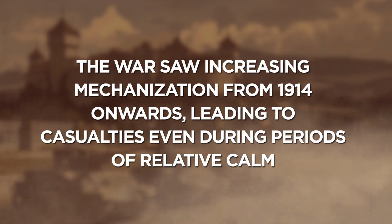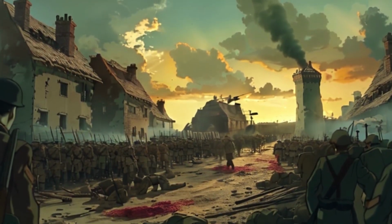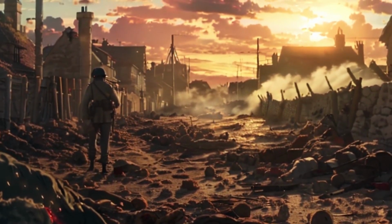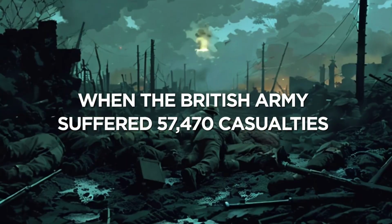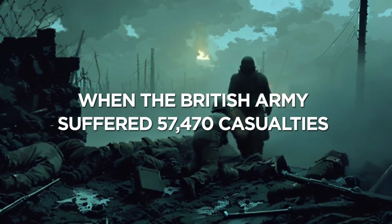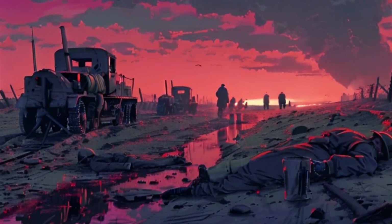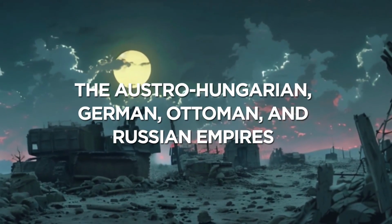The war saw increasing mechanization from 1914 onwards, leading to casualties even during periods of relative calm. On the Western Front, hundreds of Allied and German soldiers could perish on a quiet day. The deadliest single day of the war, July 1, 1916, during the Battle of the Somme, when the British Army suffered 57,470 casualties. Ultimately, World War I led to the downfall of four major empires: the Austro-Hungarian, German, Ottoman, and Russian